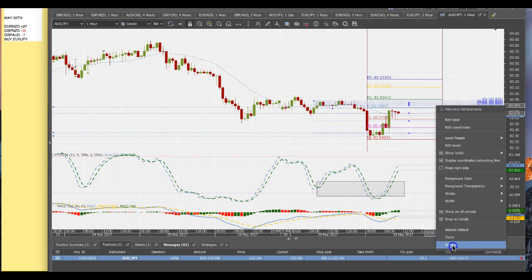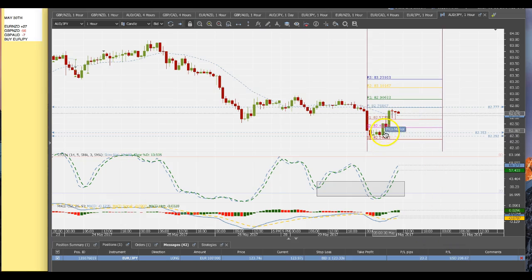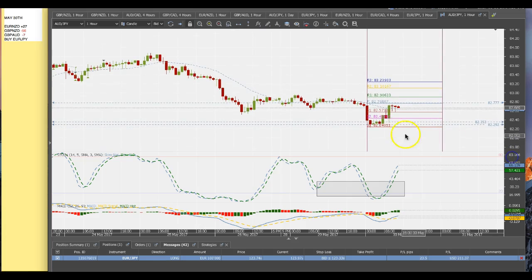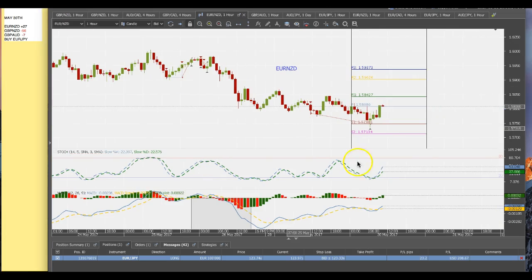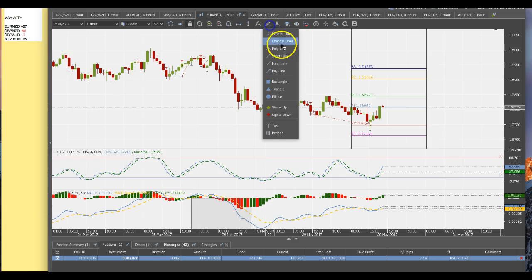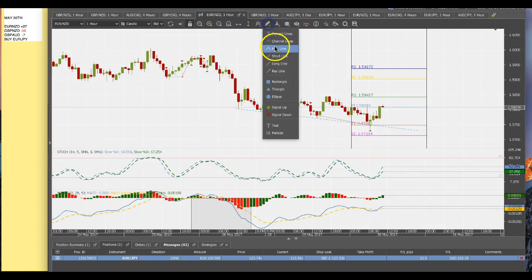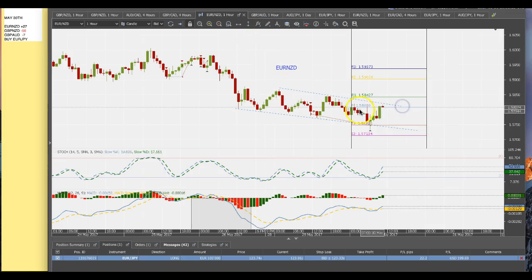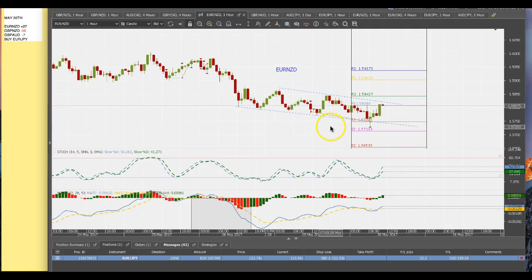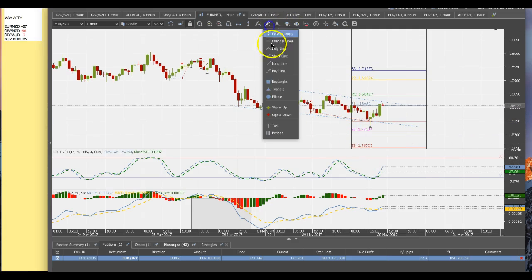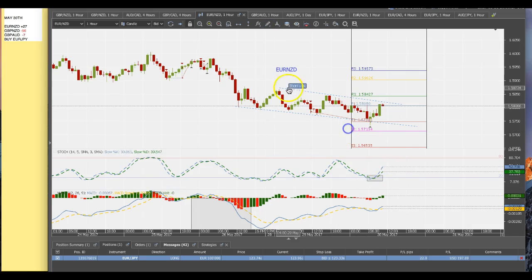Even without that level, the extension, the bullish engulfing candle on the 1-hour chart at a previous support level with stochastics oversold is enough to take this trade. Here's an example in the Euro New Zealand dollar. Okay, so let's go over the trade setup. Number one, we have a fall line, lower channel of this sell-off. We have stochastics oversold. The advisory indicator is giving us a buy signal right there,